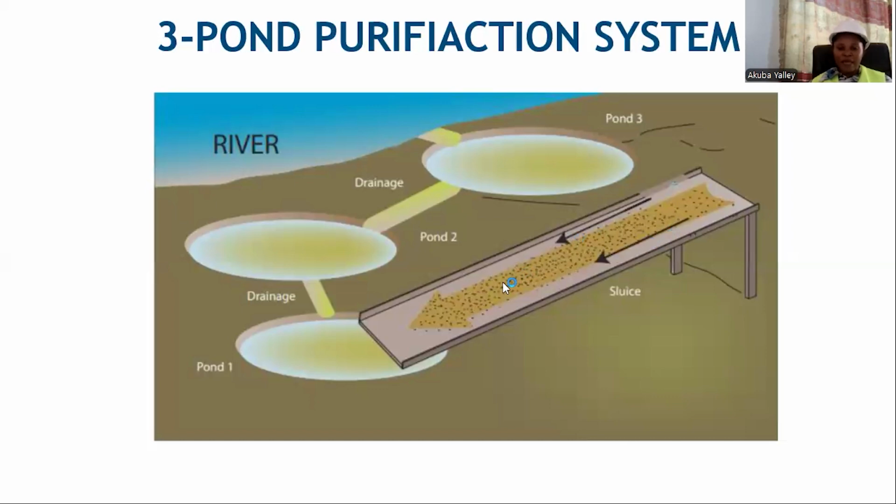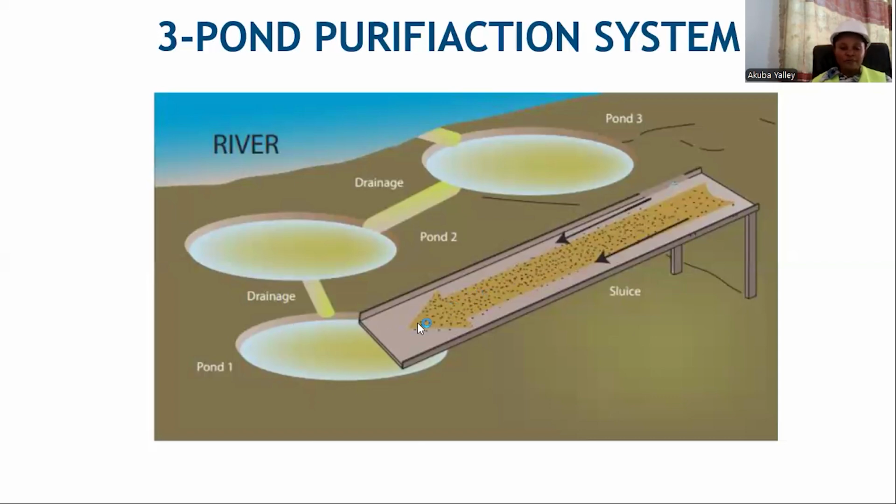From the discharge points, that is during the processing of the ore, the first pond, pond one, is created to contain the water that will be washed from the processing system. So this could be the sluice box as we see here. It could be from the alluvial washing plant or whichever processing plant that is being used where water is discharged from. So in this pond one, sediments settle by way of gravity.